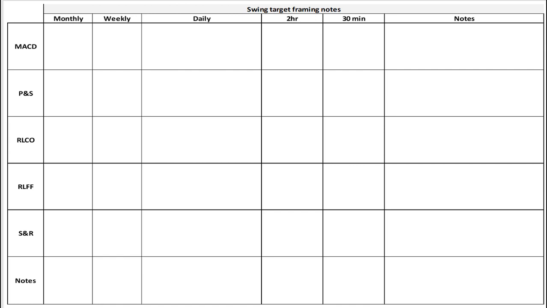And my current spider sense is that our swing trading sometimes takes place looking at monthly charts, weekly charts, dailies, 2-hour charts, or as quick as 30-minute charts. If it's less than 30-minute charts, then it's clearly day trading. Under certain circumstances, a 30-minute or a 2-hour chart also supports day trading that's being conducted at a very slow pace. So the 2-hour and the 30-minute charts